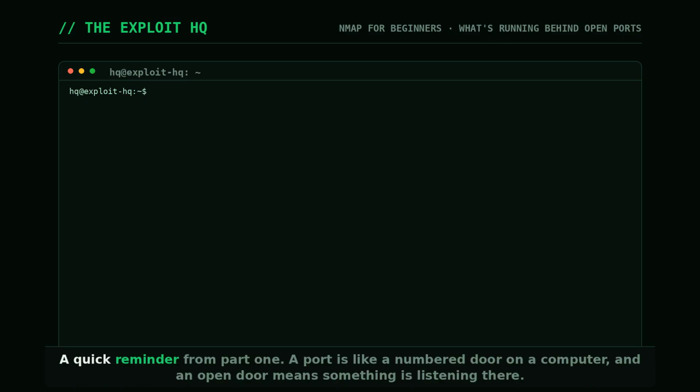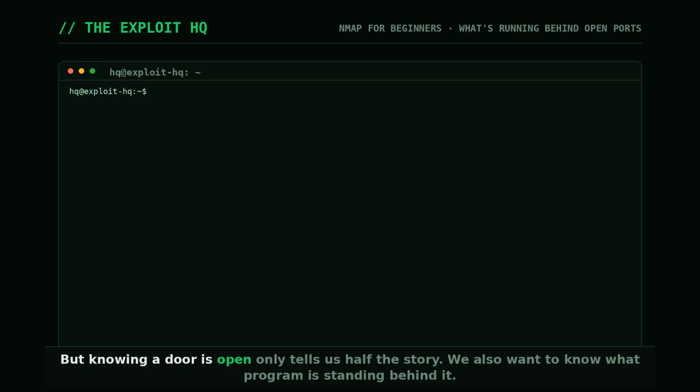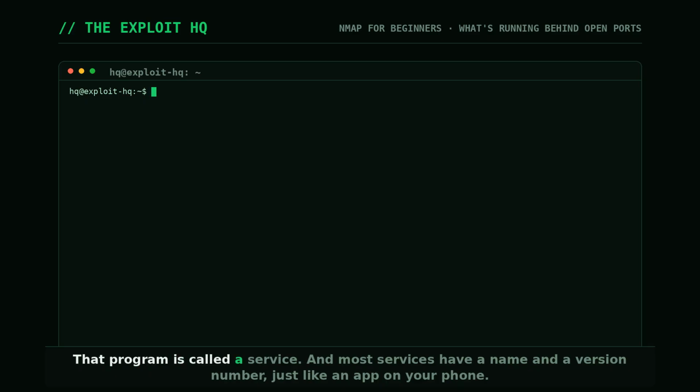A quick reminder from part 1. A port is like a numbered door on a computer, and an open door means something is listening there. But knowing a door is open only tells us half the story. We also want to know what program is standing behind it. That program is called a service, and most services have a name and a version number, just like an app